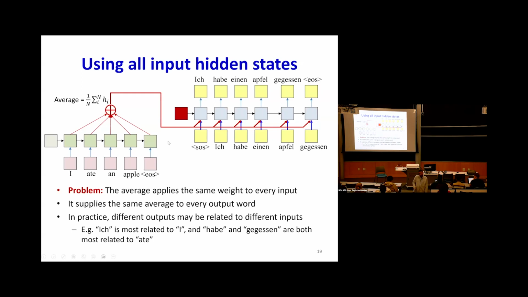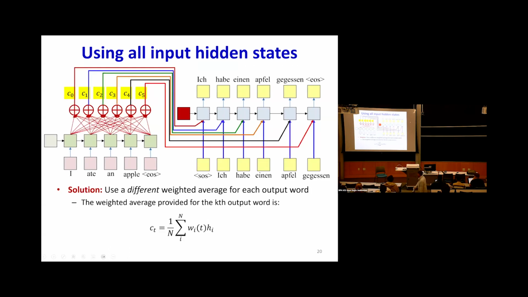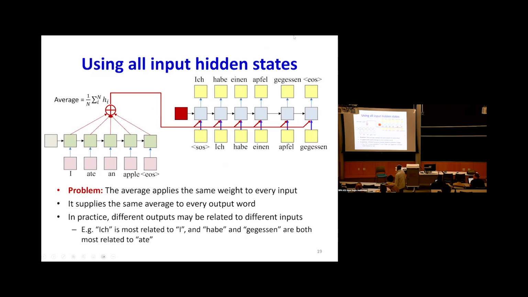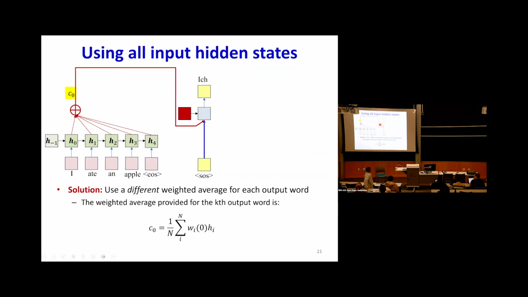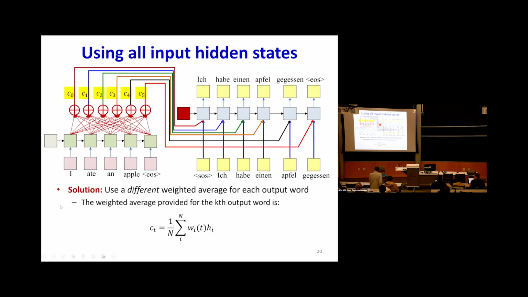Yes? If we just take the average, don't we also still lose the information from each of these? Yes, we do, right? Just taking a simple average is still losing information, in the sense that the fact that ish is better related to I than it is to Apfel is not really being considered, right? They're all being given equal weightage. So you want to have a different weighted sum of all of these input representations going in to the decoder